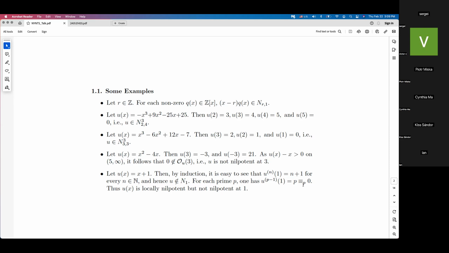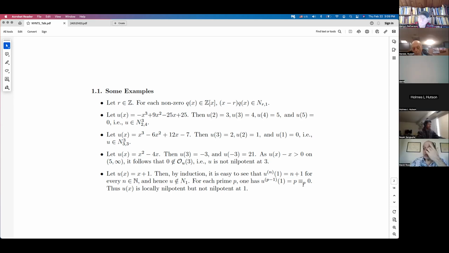So for every prime p, although the MP is not our choice, if nothing else exists, then we can take MP to be equal to p minus 1. But anyway, according to our definition, MP is not something that we are choosing. But in any case, we can guarantee that this is locally nilpotent, but not nilpotent. So there exist polynomials which are like that. It will be 0 mod p for every prime p, but it is not actually close to 0, the number 0.